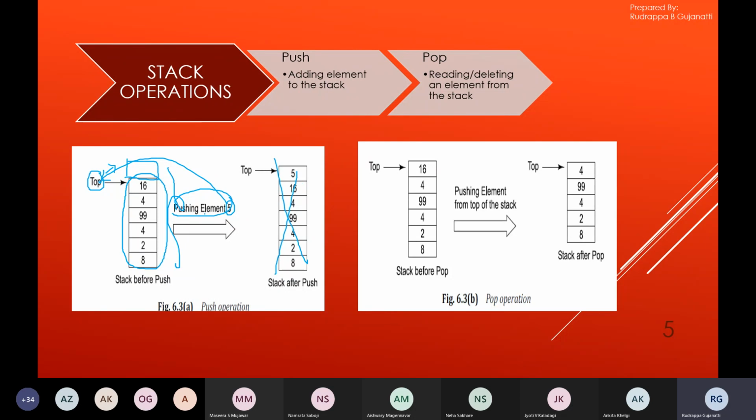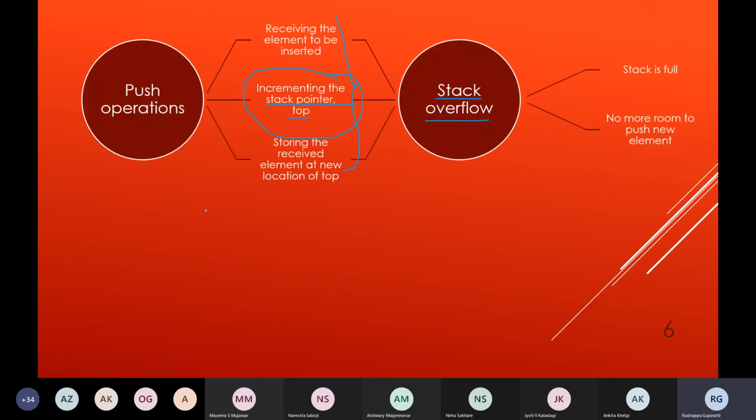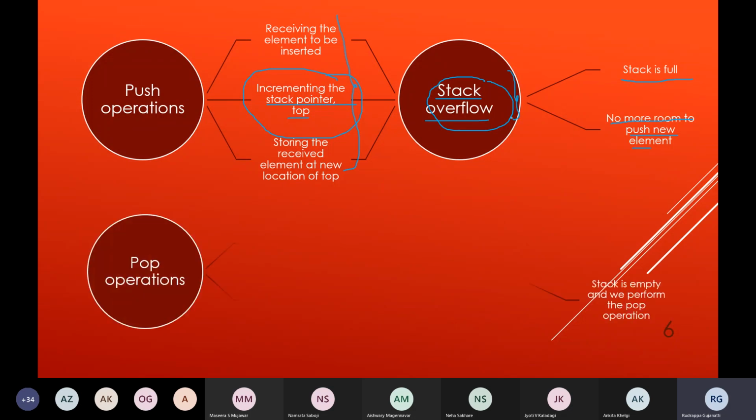So if the stack is full and you're trying to perform the push operation, you come across what is termed as stack overflow. It is an indication that the stack is full and there is no more memory location available to push or add the new element onto the stack. So this is the problem which occurs when the stack is full.